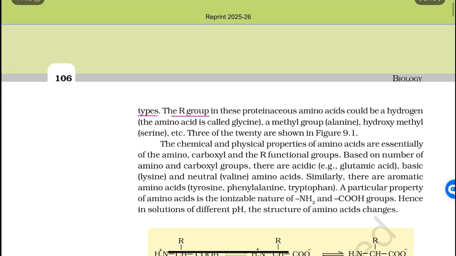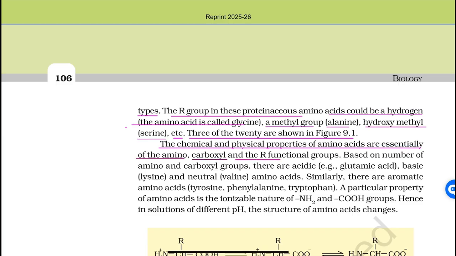The R group in these proteinaceous amino acids could be hydrogen. The amino acid is called glycine. A methyl group, alanine; hydroxyl methyl, serine; etc. Three of the 20 are shown in figure 9.1. The chemical and physical properties of amino acids are essentially of the amino, carboxyl, and R functional groups. Based on number of amino and carboxyl groups, there are acidic, for example glutamic acid, basic, lysine, and neutral, valine, amino acids. Similarly, there are aromatic amino acids,